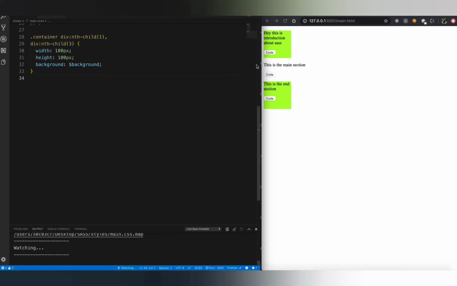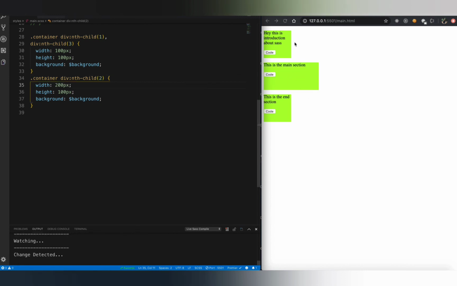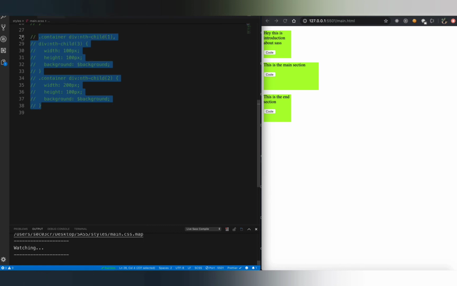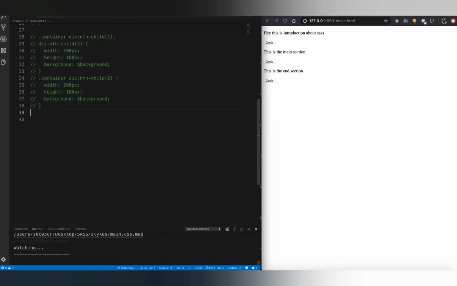However, the second child actually has a width of 200 pixel. So I'm going to give styling for the second child separately, and say we want to access the second child and give it a width of 200 pixel. So this pretty much looks like what we wanted to achieve, but we're going to be doing the same thing using for loop and conditional branching in case of SASS. So I'm going to comment this out, and we basically need a for loop that is going to run through 1, 2 and 3, these three values, so that we can access all the three children.